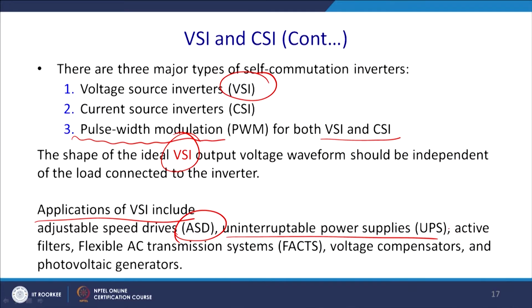Uninterruptible power supply is very commonly used in desktop applications. We provide power backup. Once power is off, it is called an offline UPS. You can also have an online UPS, because if you want to have a process power,